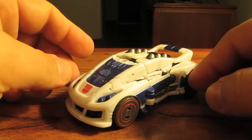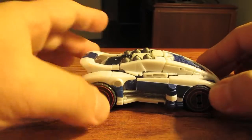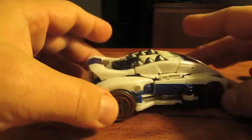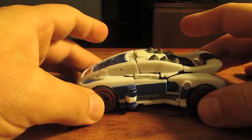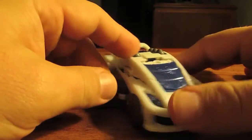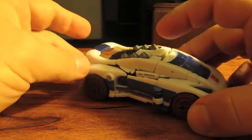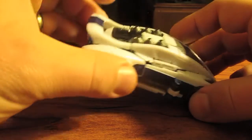So here we have Jazz in his vehicle mode. And I have to say that I am not too impressed. First, to start off, I do have a QC issue. It may be a bit of a design flaw similar to